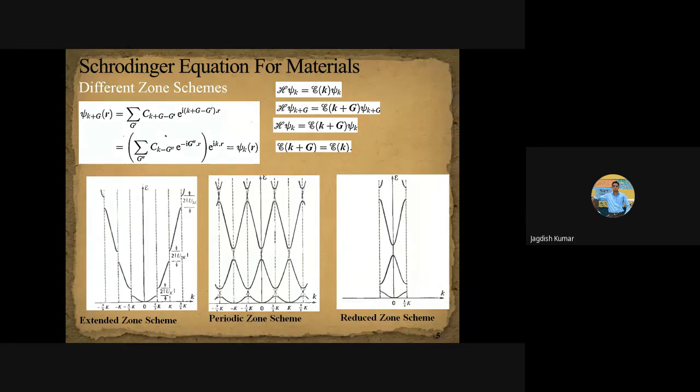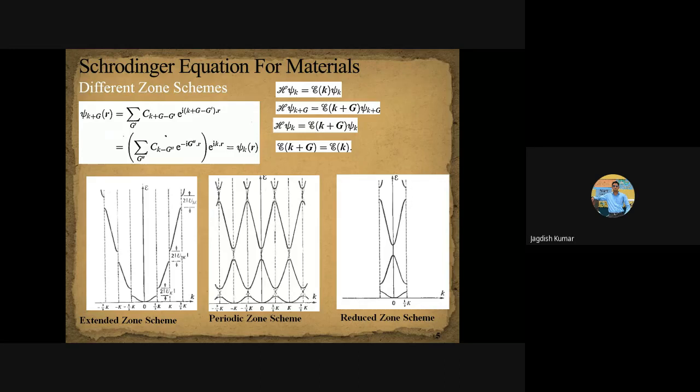Okay. Any other student who has any further question? Sandeep. Okay, sir. Energy is periodic, but why energy in extended zone scheme? So all three zone schemes are equivalent. You can use any particular zone scheme, and the most popular one is the reduced zone scheme. So we can't say energy is periodic. We can say yes, energy is periodic in reciprocal space.